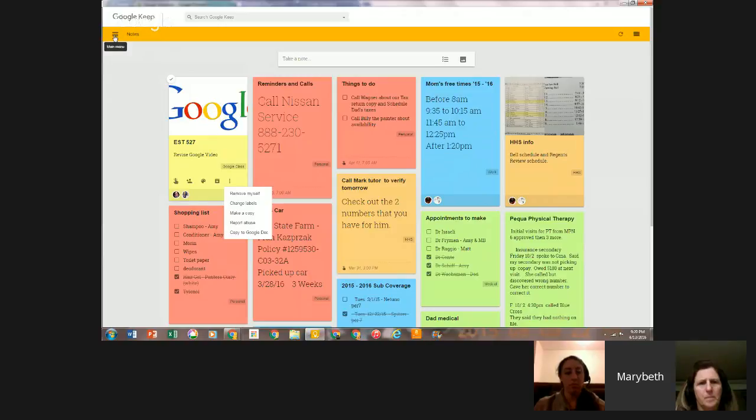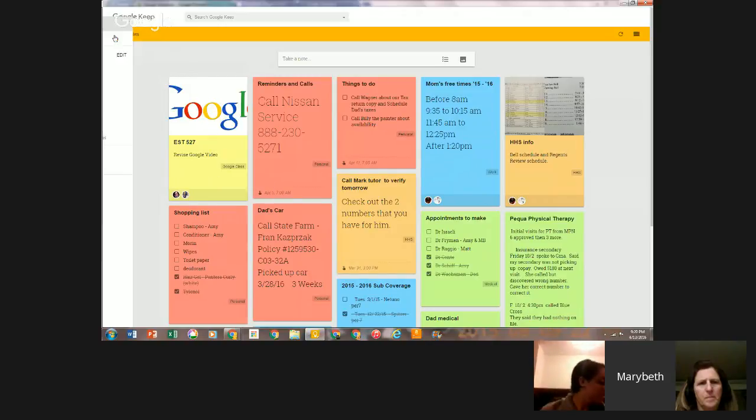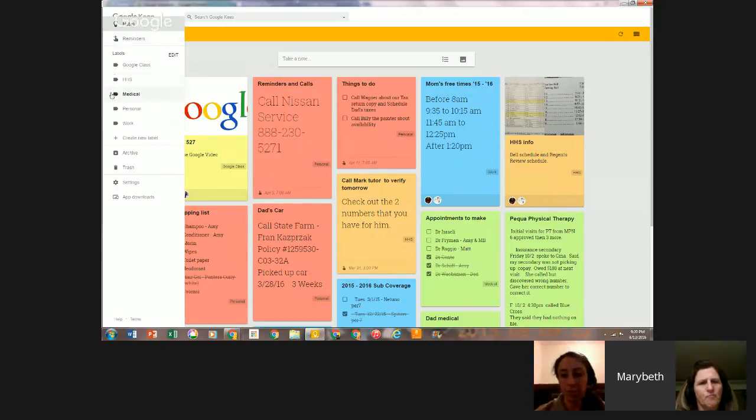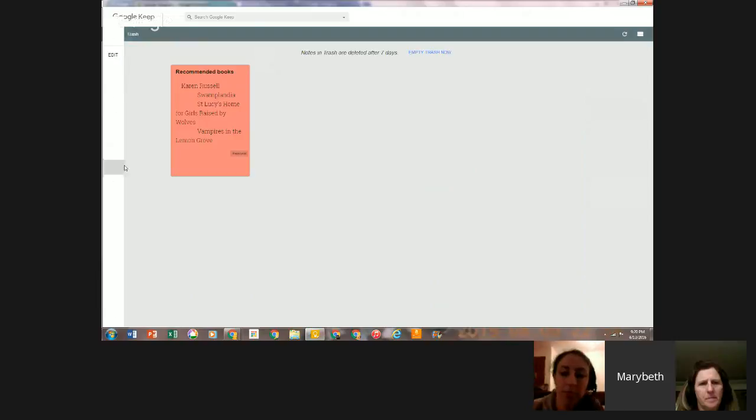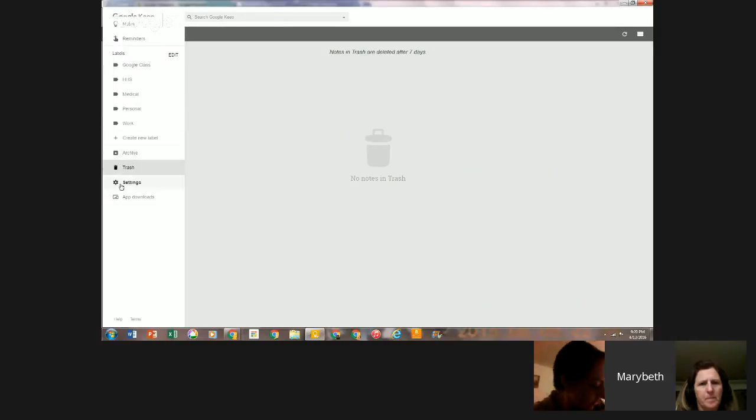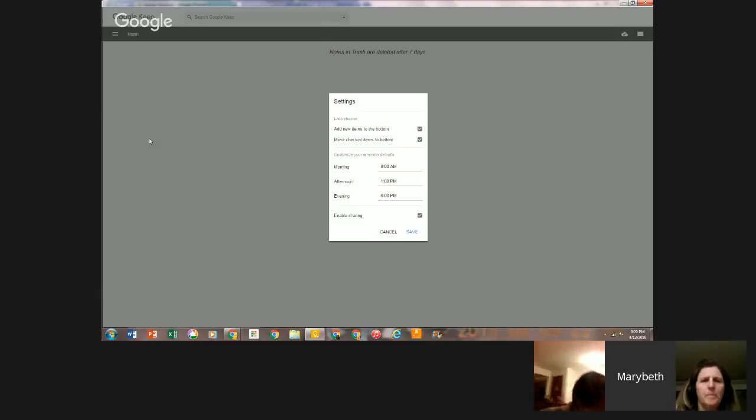Going back to the main menu, I want to show you in the upper left-hand corner also what's available to you. Your archives we went through. These are all the notes that are archived, and again, you can unarchive them. The trash. I have some notes in the trash. I can empty the trash now, and it will get rid of them just like in any sort of email. But the settings is what I want to show you. If you click on the settings menu,